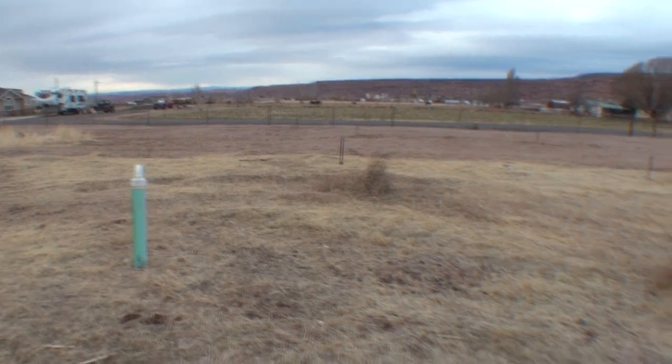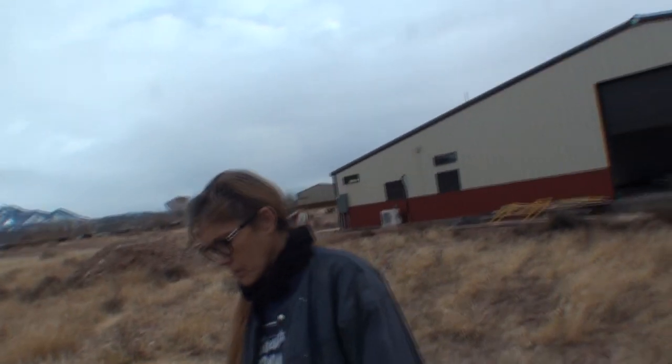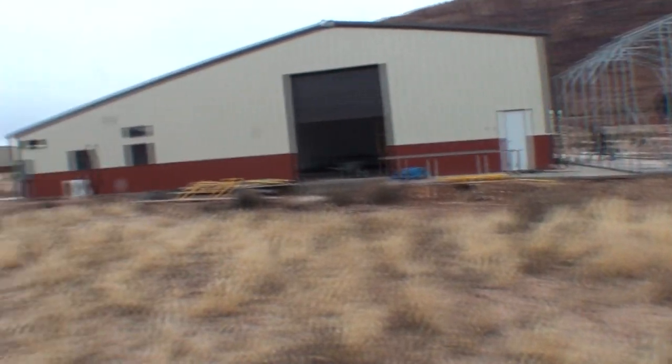So, we got our house laid out. Now, go ahead and tell everybody what we got. What size house we got? 16 by 24. 16 feet by 24 feet. Oh, that's not right. It's 26 by 62. That's right. So having this big shop on the property with all the concrete around it,